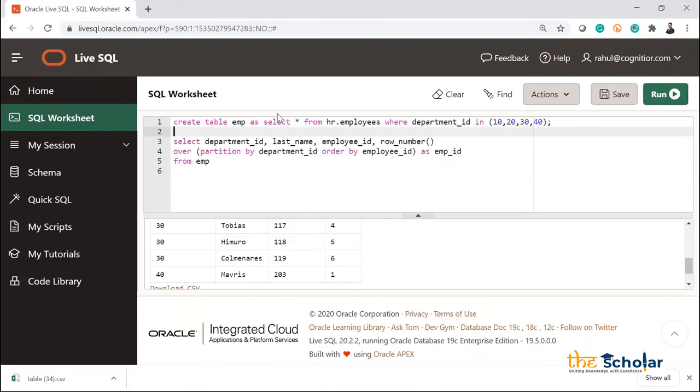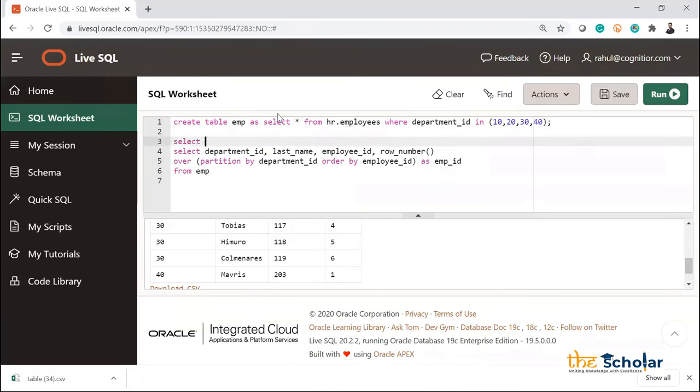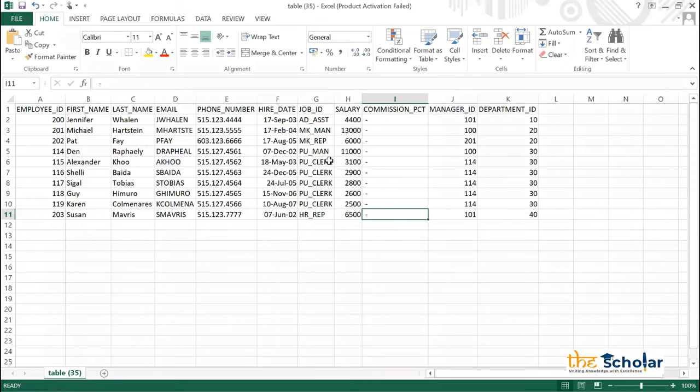Also, let me get the data from here. The purpose here is that we have to understand what this output is showing me, how this row number is helping me to get the output. So here is my original table, which consists of the data of the four departments which we selected.